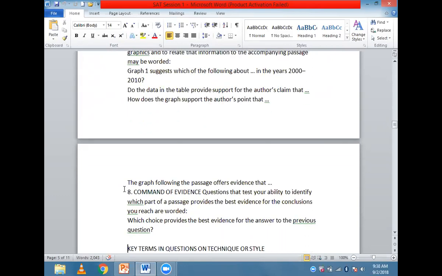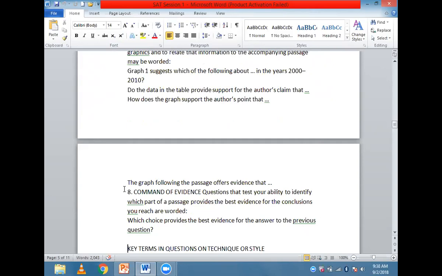Okay. And the final category of questions are the command of evidence questions. As you could understand by the phrase itself, these questions basically ask you to give evidence for your previously answered questions. Generally, these questions are in a sequence.